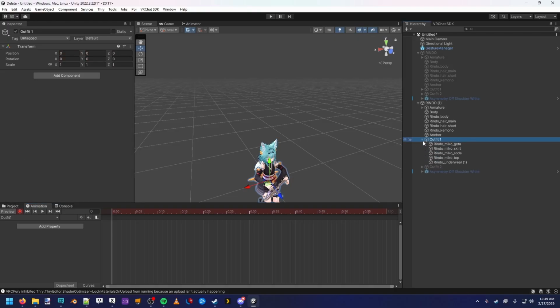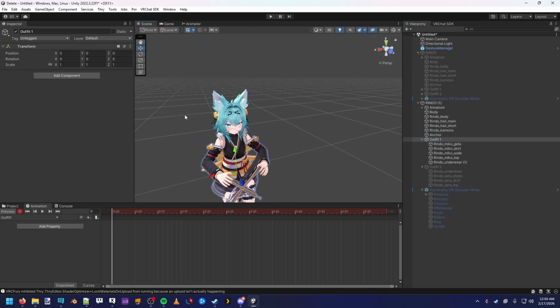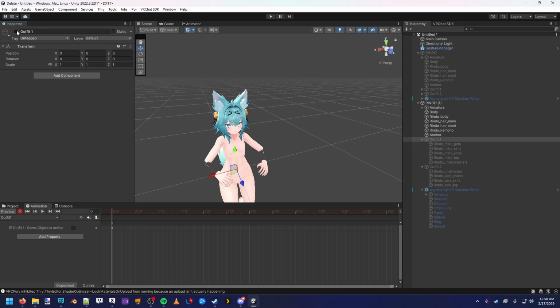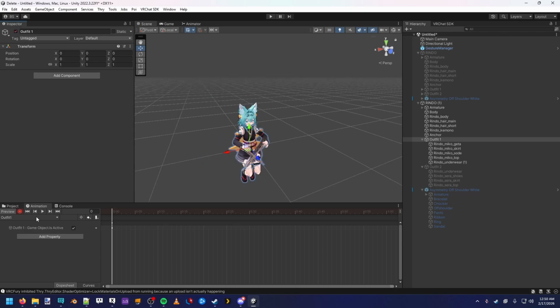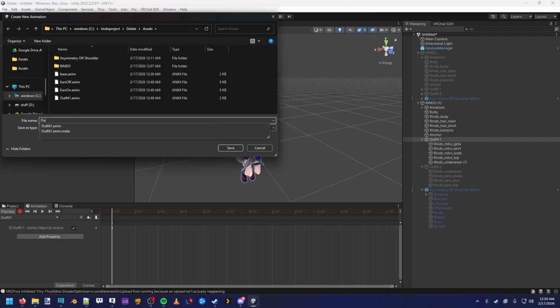You'll click the whole root of the outfit. I'm just dropping these down. The whole root of the outfit. Okay, so this will be your entry outfit, I guess I'll call it. I want to turn it off, turn it on. Outfit 1. Okay, but for your next two outfits, like outfit 2,